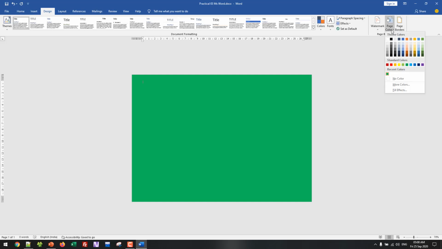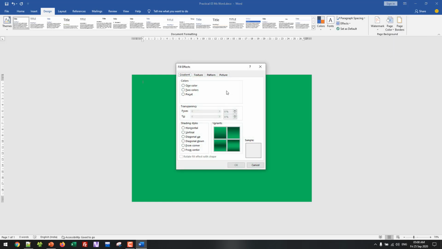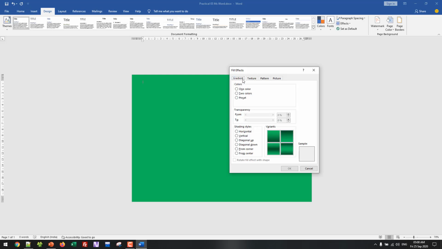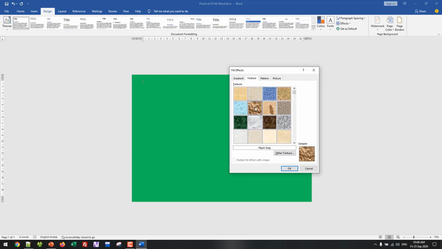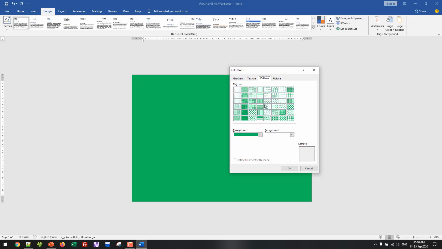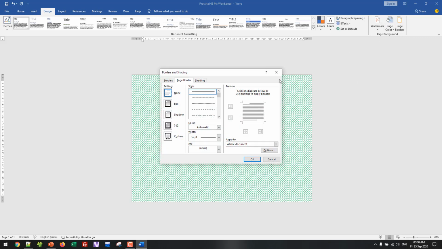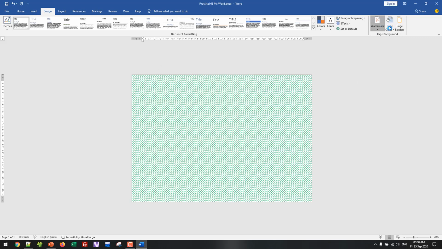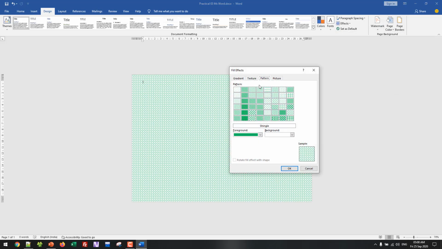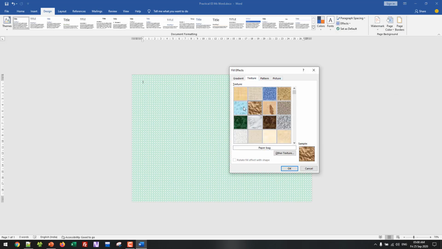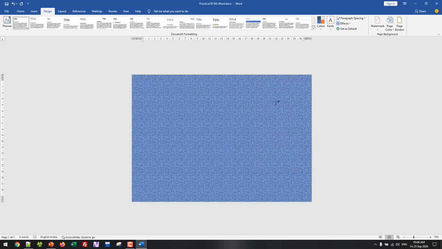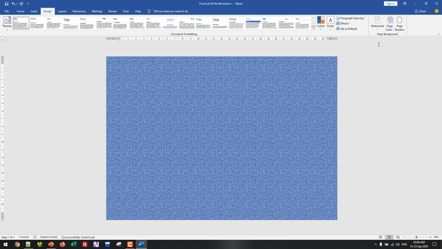or we can set a fill effect related to any texture, pattern, any pattern, good pattern. Yes, this one, or this one. So we can set a pattern, we can set a plain color, or we can use